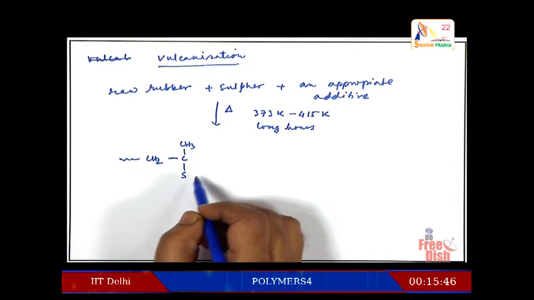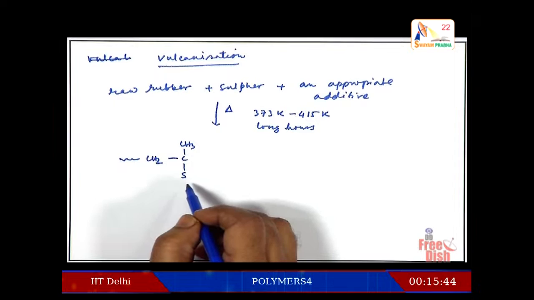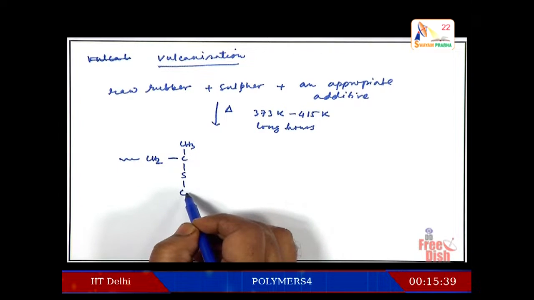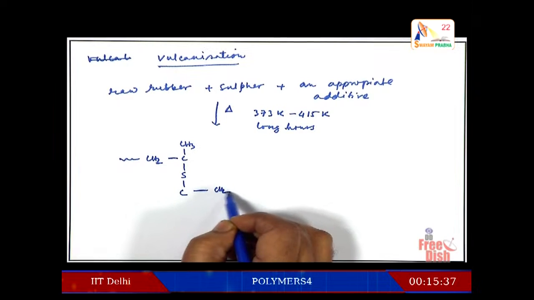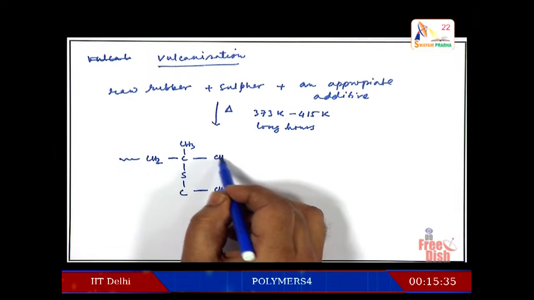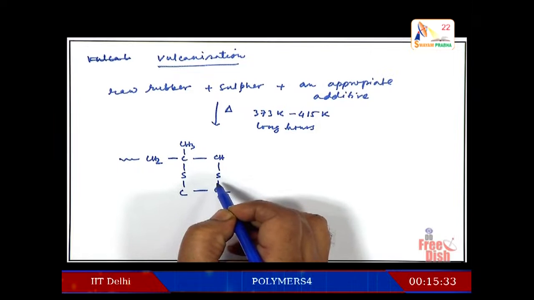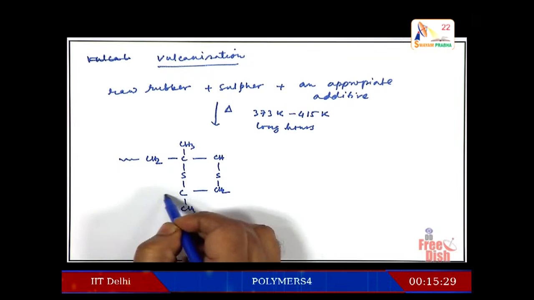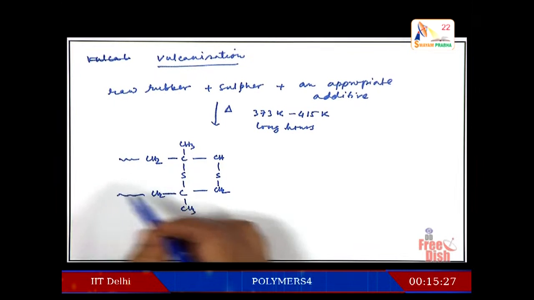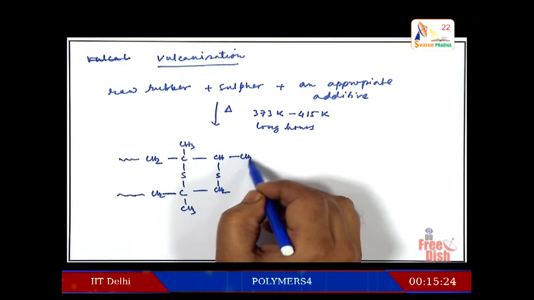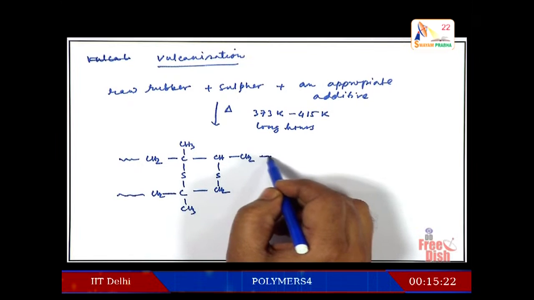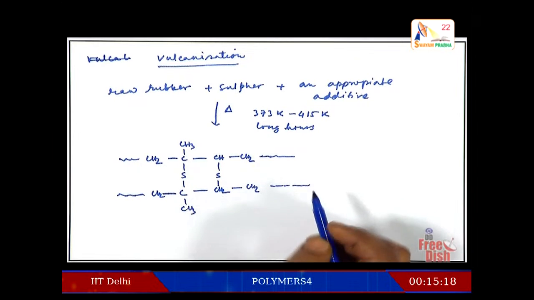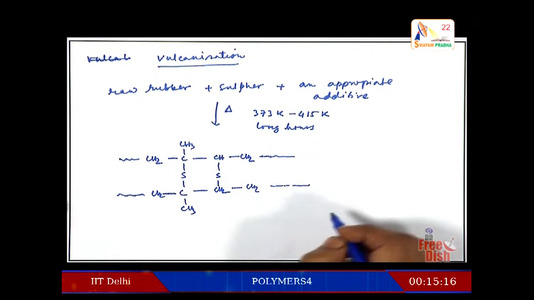Remember, the base structure was polyisoprene, 2-methyl-1,3-butadiene. This is one possibility. The other possibility could be